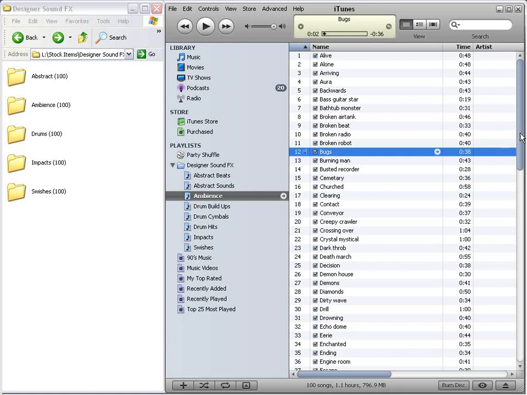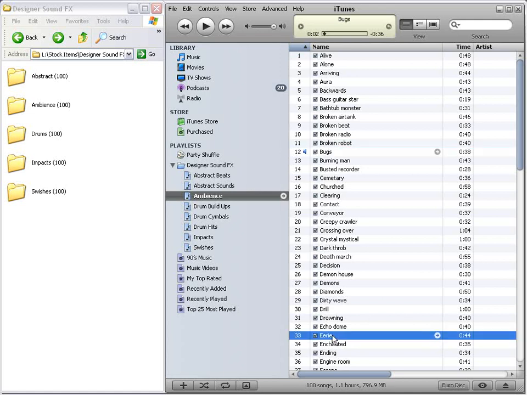Anyway, the point is these are tones for your movie scores, nice background elements. They kind of come in eerie. I don't know what that is, but